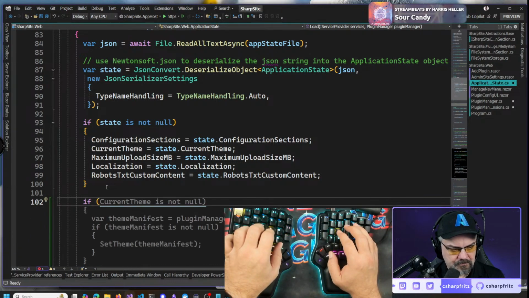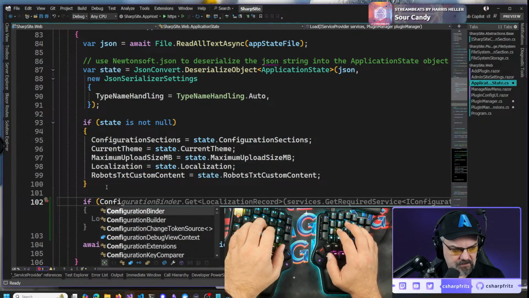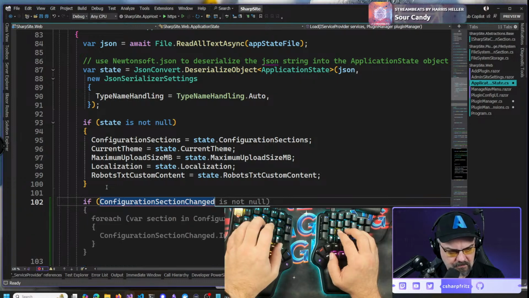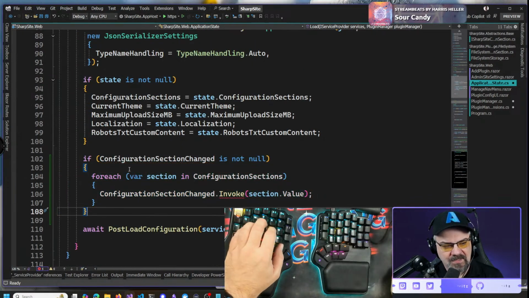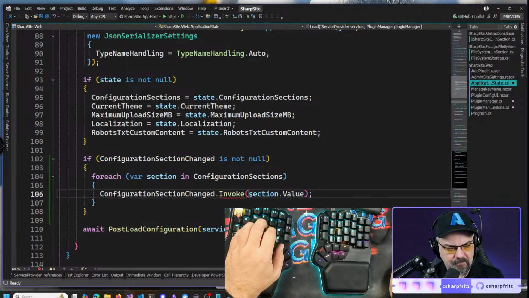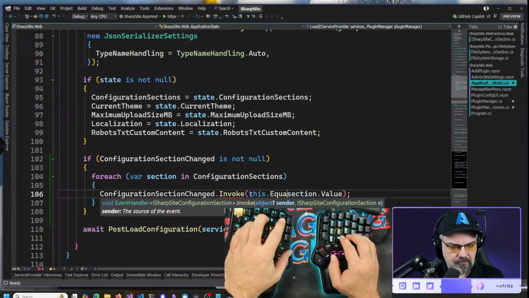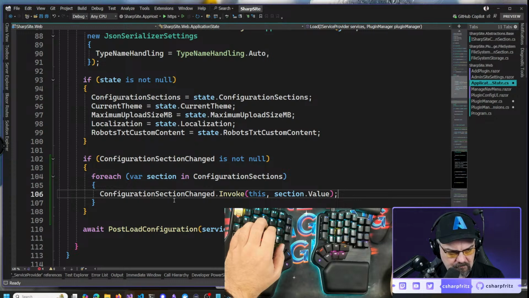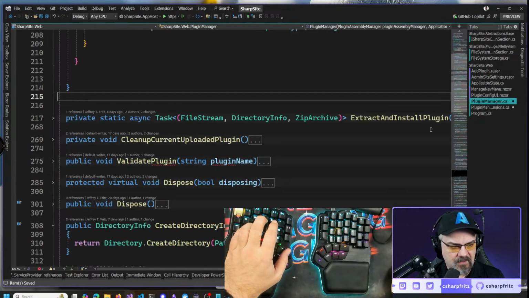No. If configuration section changed, raise it. There we go. So then over in Plugin Manager,